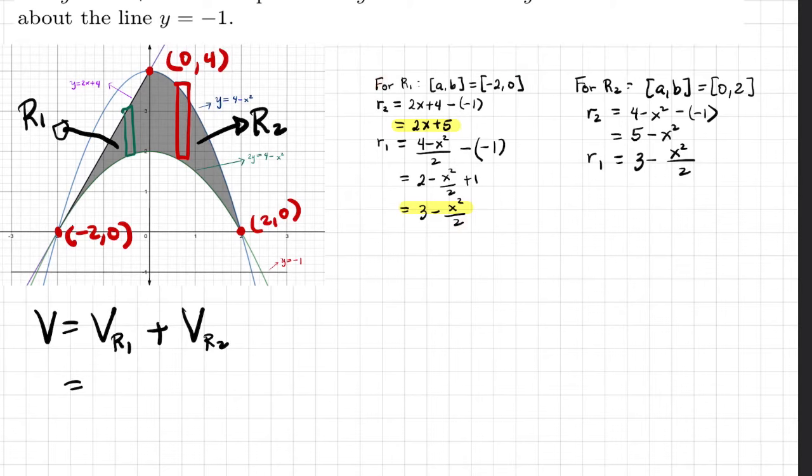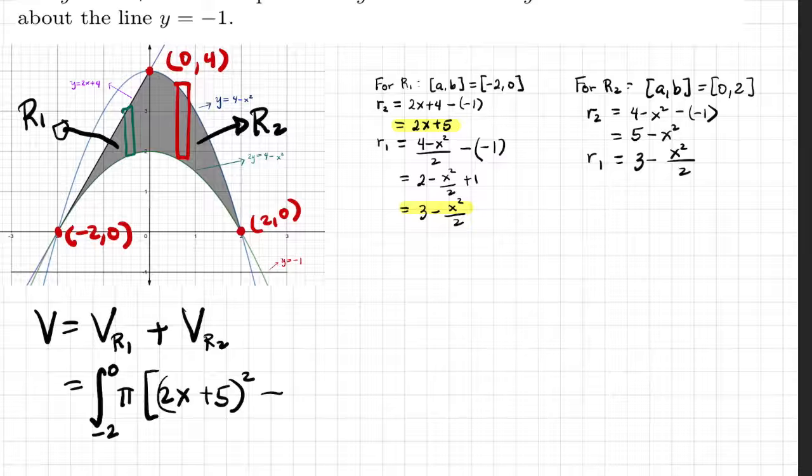So that is definite integral of pi from a to b. So ang a to b natin is negative 2 to 0, times R2 squared, so that is 2x plus 5 squared minus R1 squared, which is 3 minus x squared over 2 squared dx